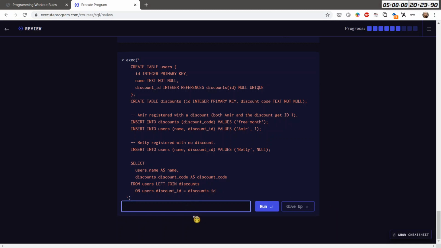Users ID, name, discount ID. We have a table discounts. We have a discount, free month. Okay, so it has an integer primary key and discount code. That's all. 3 month. Users, we have a discount ID that can be null, must be unique. And then we have a Betty with no discount. Okay, so users name, discount. Okay, so now we have